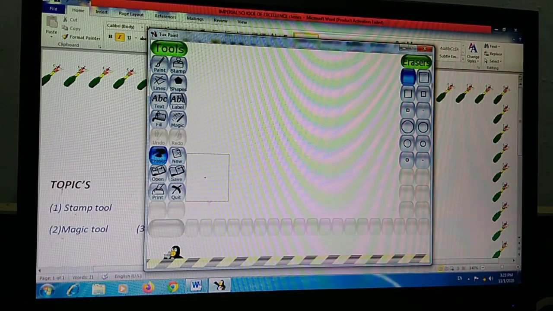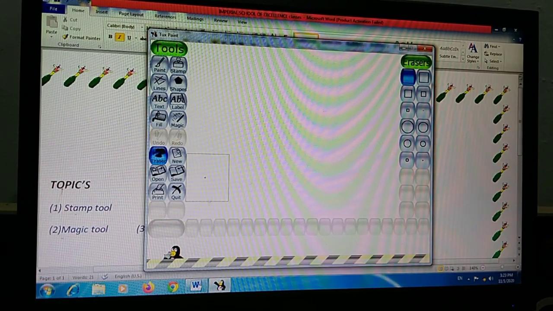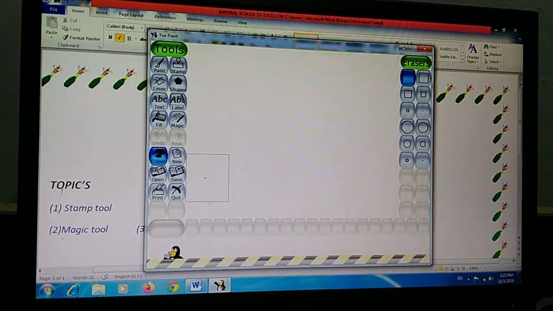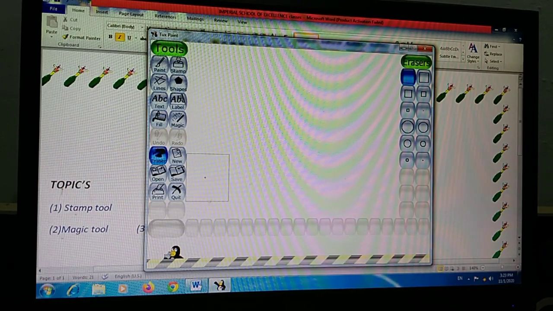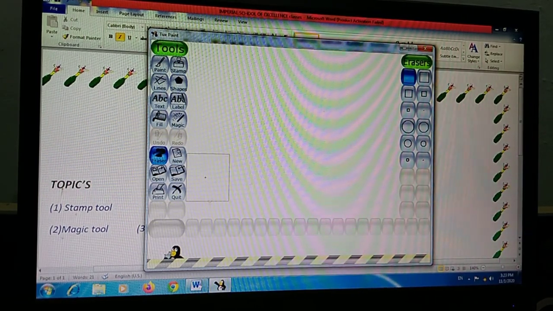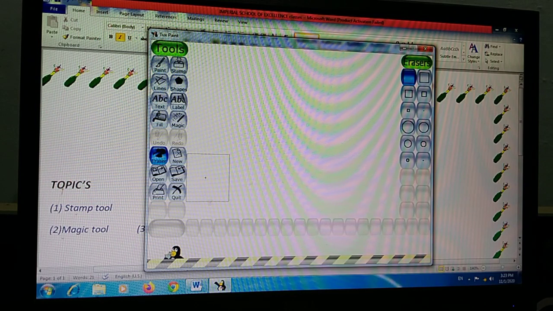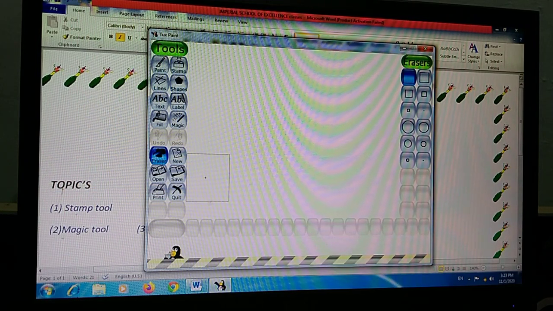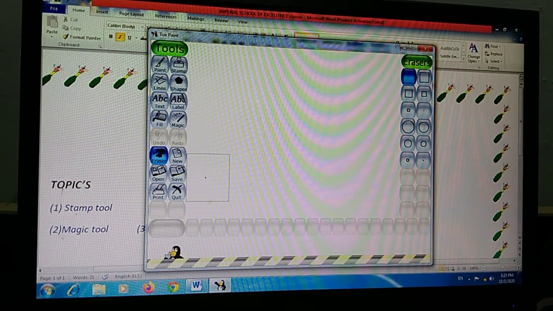Our next topic is creating a slideshow. You can create different scenes of a story using Tux Paint, for example the story of the lion and the mouse. Create a different scene, save each file separately, then click on the open tool, then click on the slide button.